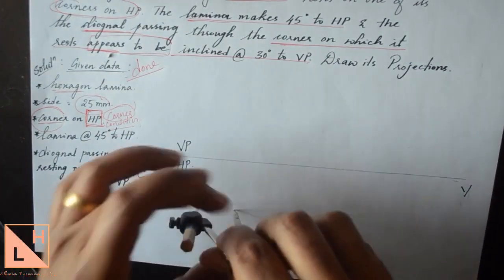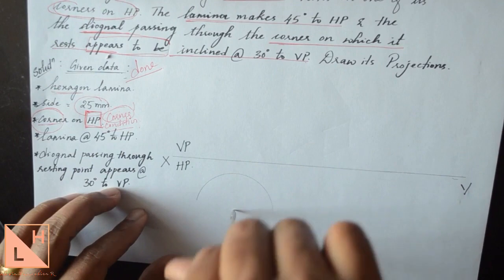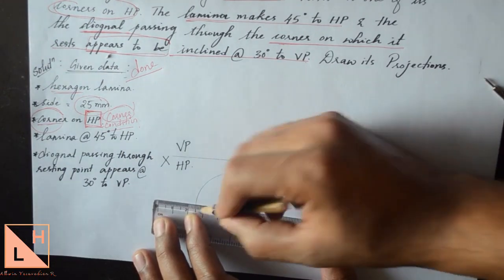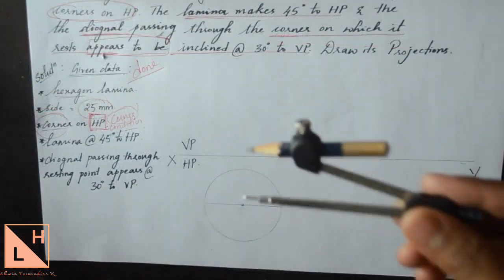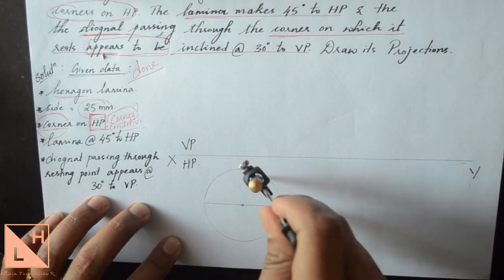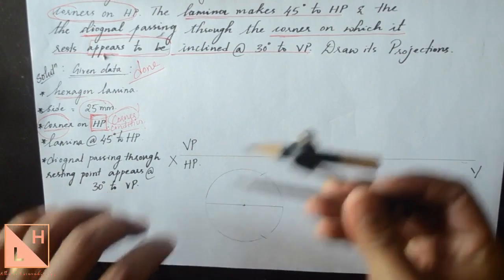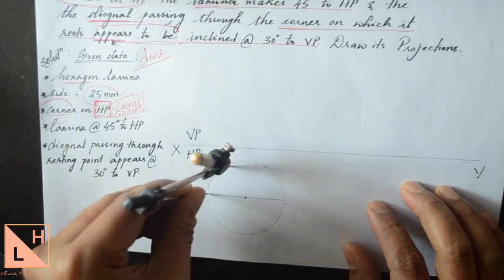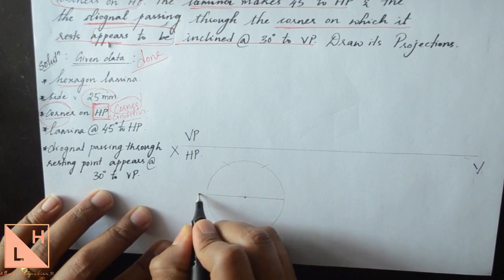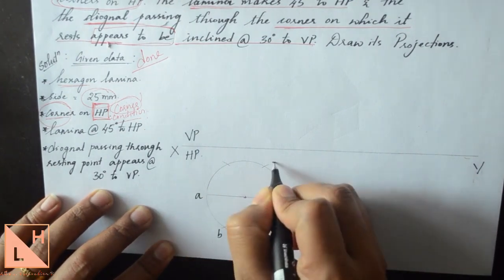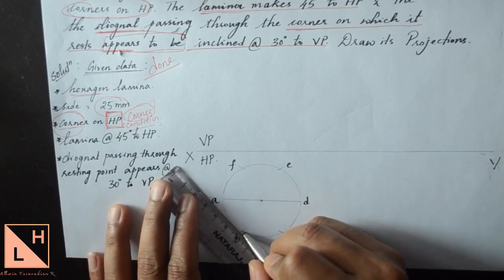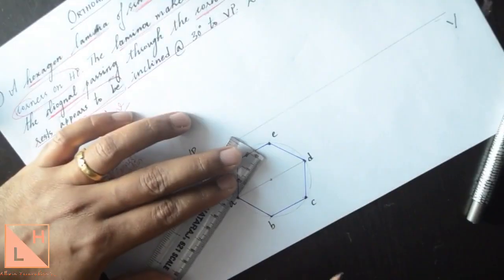HP is below the XY line, so you can draw the circle below the XY line. Now note that you need a corner condition, so you just need to draw a horizontal line passing through the center of the circle. Use that same 25 mm measured in the compass and cut the arcs on the circle from the 2 points formed because of the straight line. These 6 points you get will be the 6 corners of the hexagon, so we'll name them A to F. You can join this with a dark line so that you get the first position.